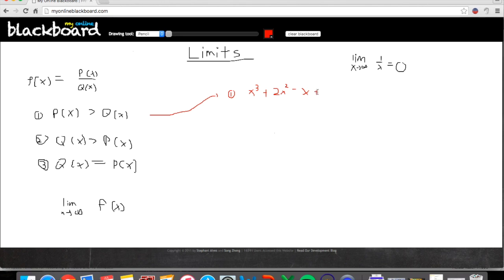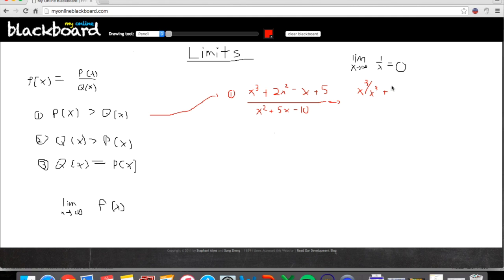So I'm just going to make up a random polynomial here. And since p of x is greater, I'm going to have a lower power in the denominator, x squared, plus, let's say, 5x minus 10. So what we're going to do is we're going to divide by the highest power, x cubed. So we're going to end up with x cubed divided by x cubed